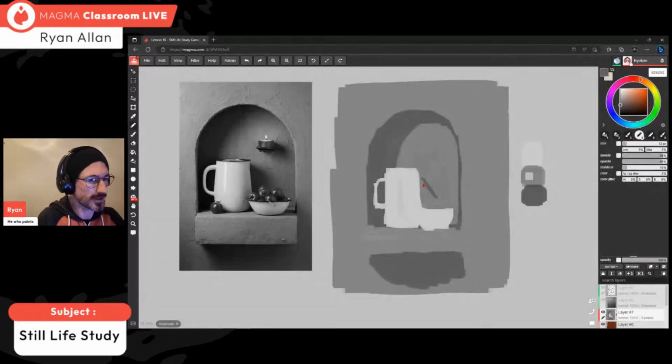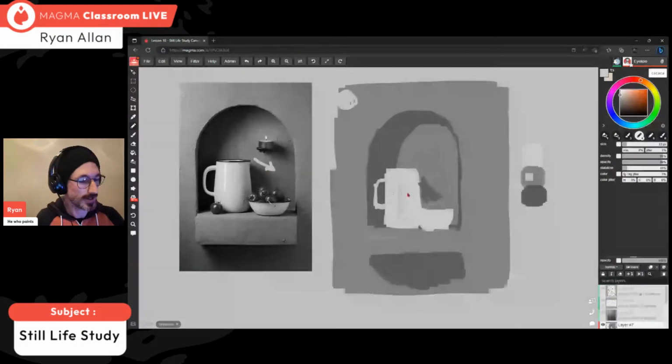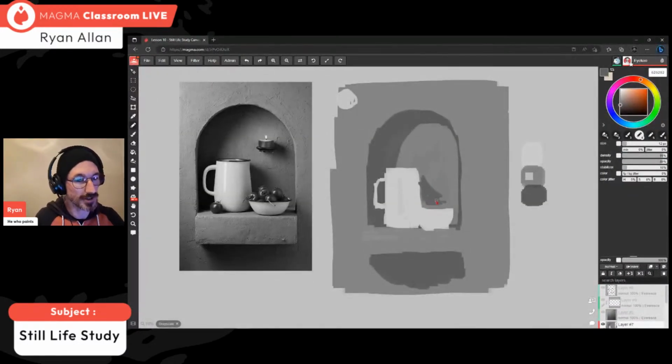I've got this cast shadow coming this way. So now it's very clear that we have a light source up from the top left. Okay, the overall wall is much lighter over here, and we've got this cast shadow in this direction. So we know where our light source is coming from, and we're going to have to stay consistent with that